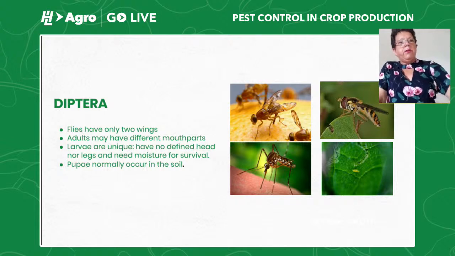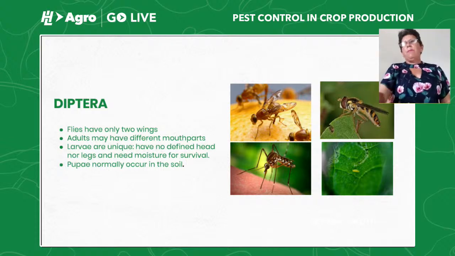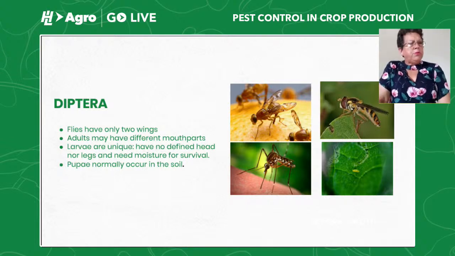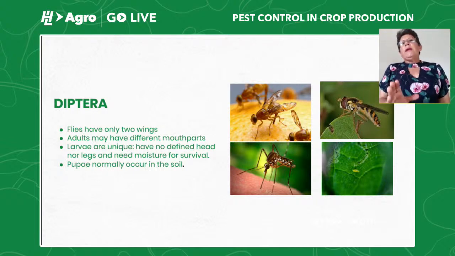It's a pity you didn't put the other picture. On the bottom right, there's a leaf miner larva, and you can see, if you see a fruit fly or a leaf miner larva, it has no head and no legs. It looks more like a rice grain. That's what you see. The larvae are unique, and they have no legs, no head, and they're always within a